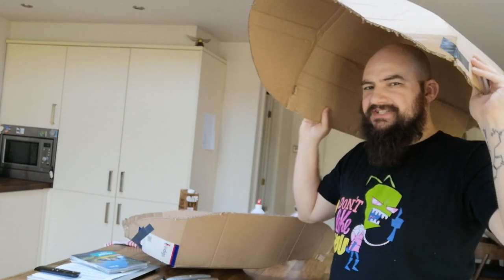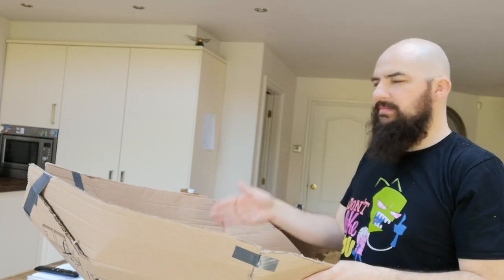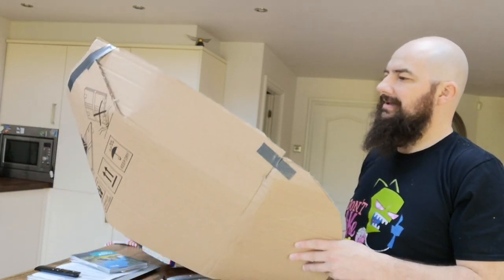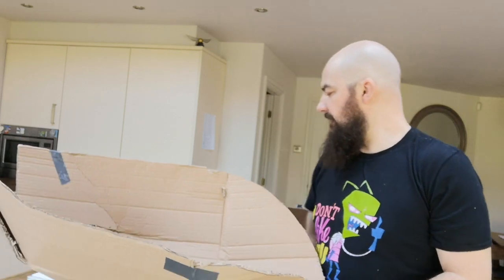Now then, I can do that, I'm happy with that. This kind of slots in, so it was going to rest on my shoulders, but what I also noticed was, he's done paper mache. Now, the thing is, I'm going to keep it as cardboard, I'm not going to paper mache and then take the cardboard out, but I can go over that with paper mache and create all the little bits. I think what I'm going to do next is